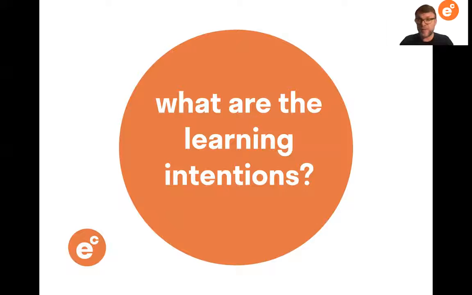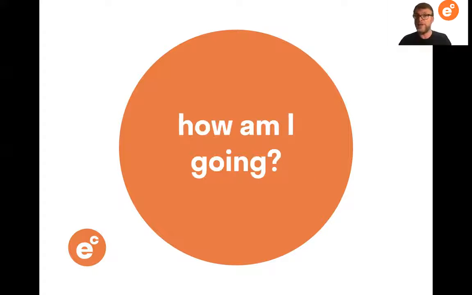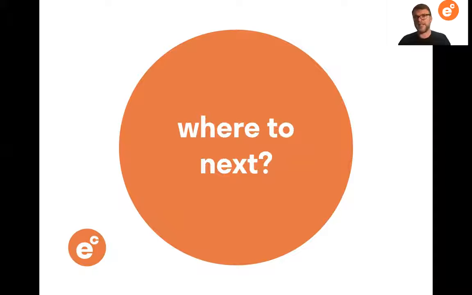So that's what it starts with, because if you don't know what, as a teacher, we really want the students to learn, and if they don't know what they're expected to learn, it's very difficult at that point then to give really quality feedback so that they can actually improve. The students should know how they're currently traveling, how are they going, as Hattie would say, and where to next.